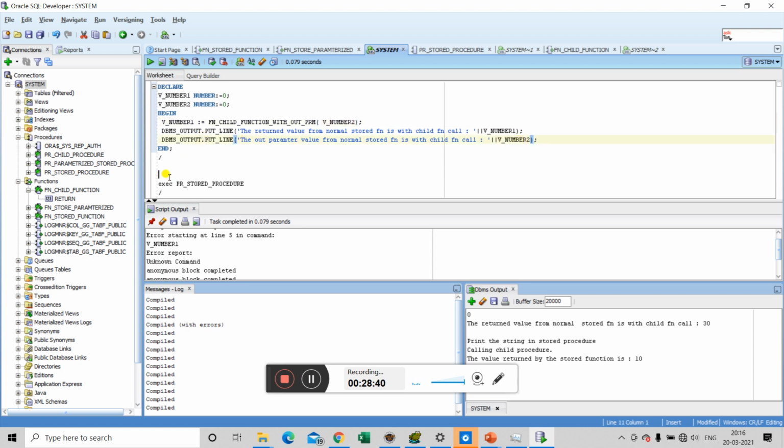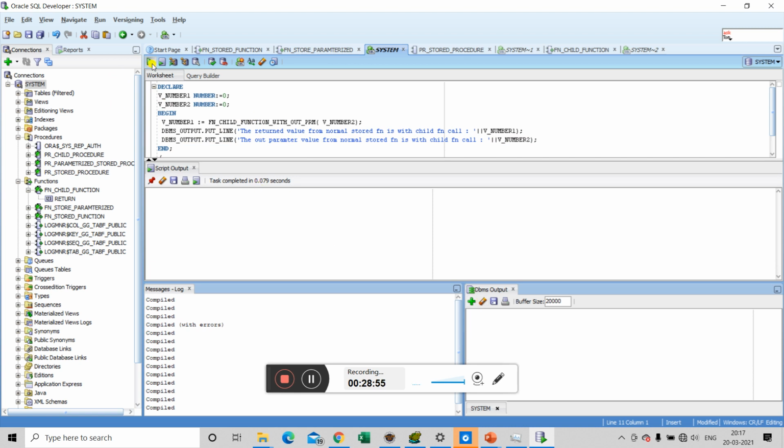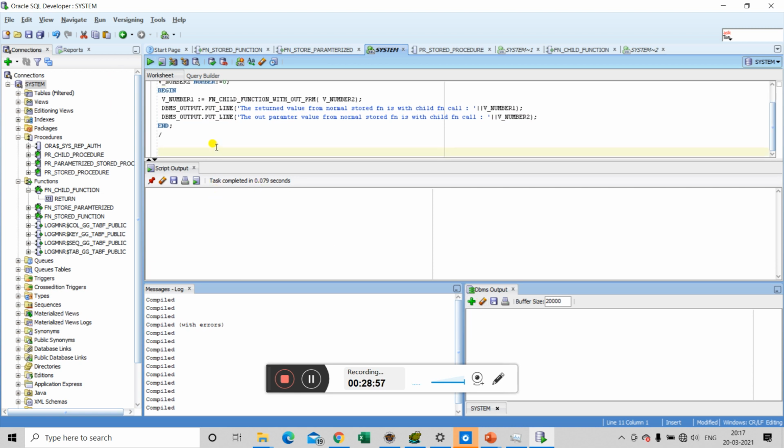Now that we have written our code to call the stored function with the out parameter, we will be running it. Okay, first clear it out so that there is no confusion. It is showing that the anonymous block is completed, and on the console it is showing both the outputs.